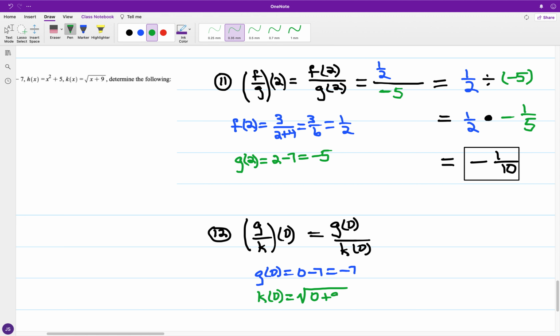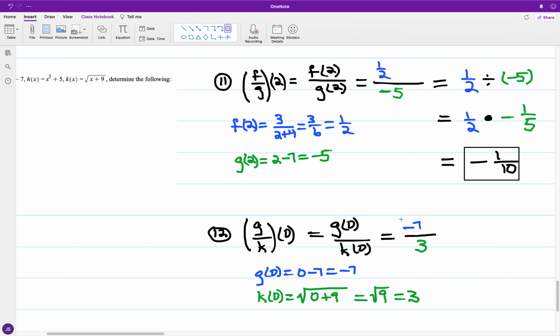And here, okay, so you have the square root of 9, and the square root of 9 is only equal to 3. So you got g of 0, okay, so you have negative 7. And k of 0 is equal to 3. And so for the output, we just have negative 7/3. And you can just leave that as negative 7 over 3. Right. Now,